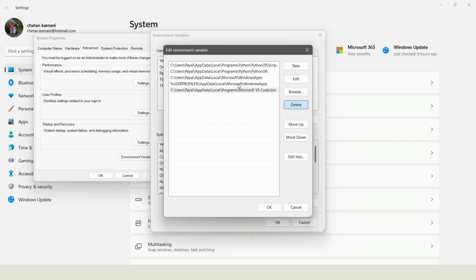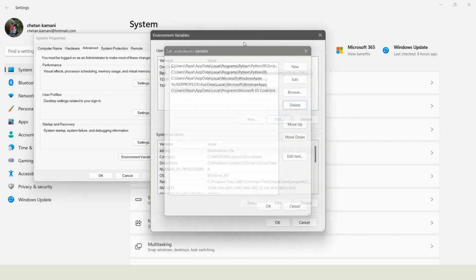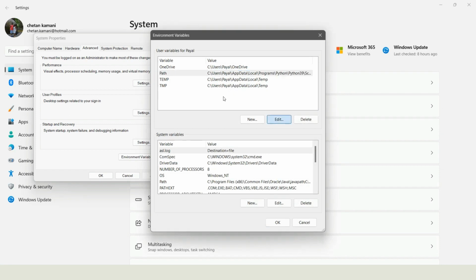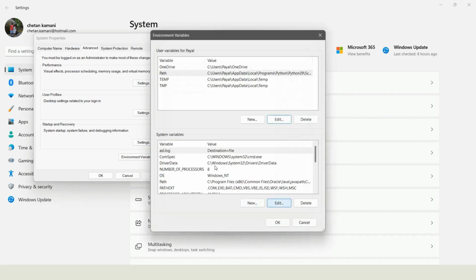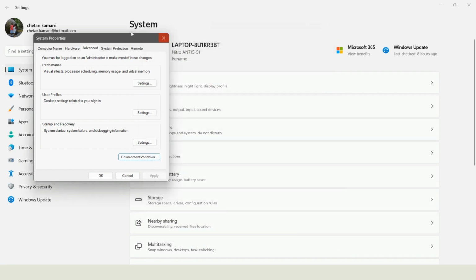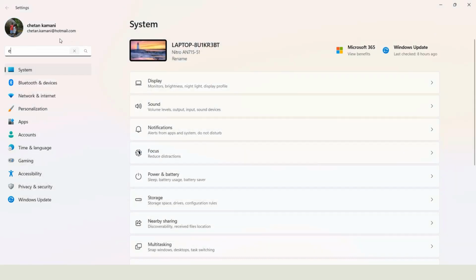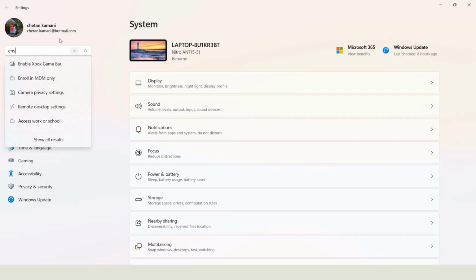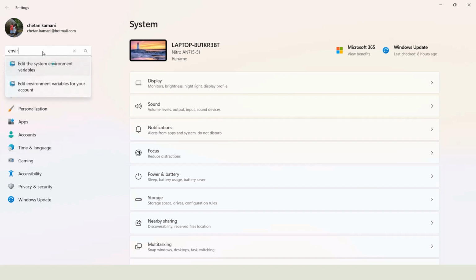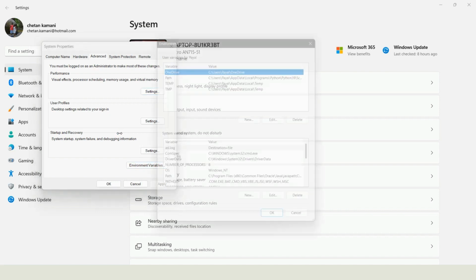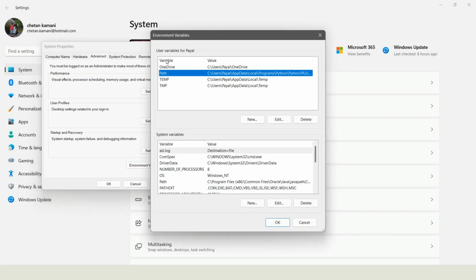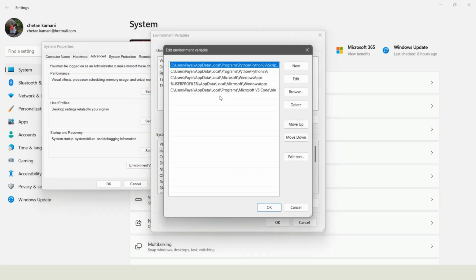I have already edited it. Okay, so click on path, then edit. I have already installed, that's why it is showing that. Let me show you again. Click on right here environment. Okay, edit the system environment, then click on this environment variables, then select this path and click on edit,